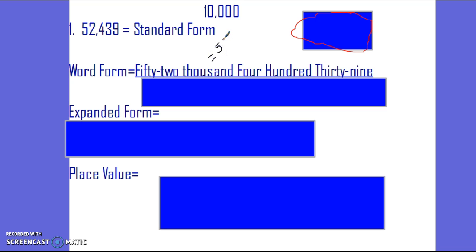5 10,000s plus little bitty zeros, 5 10,000s plus 2 1,000s. I'm going to have to make some little zeros here. Alright, okay, so